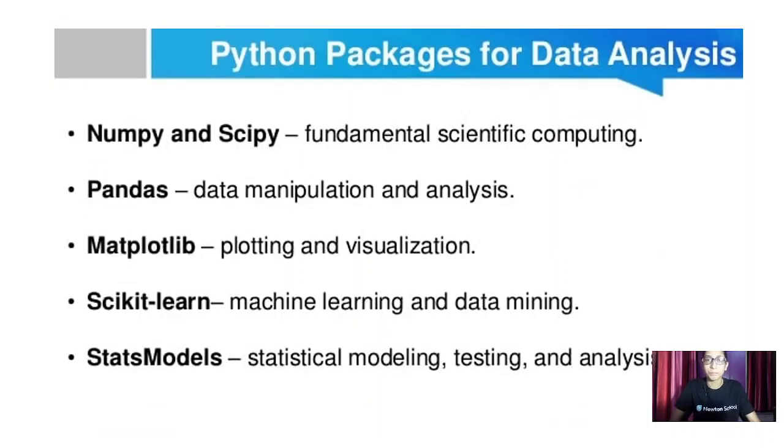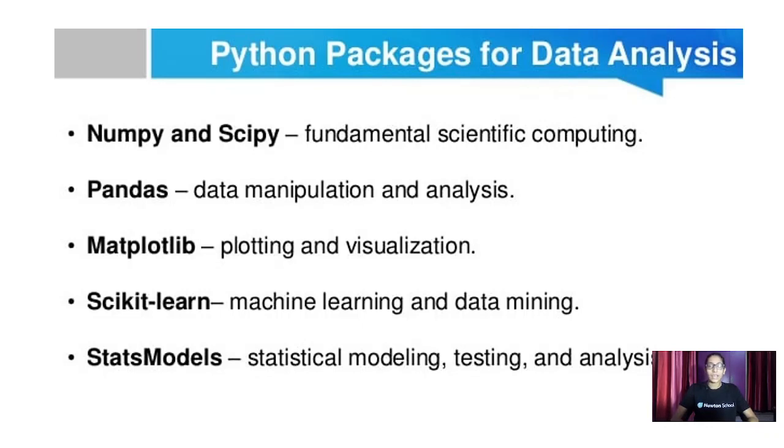Now, we have a lot of Python packages for data analysis: NumPy, SciPy, Pandas, Matplotlib, Scikit-learn, and Statsmodels. All of these are used for fundamental scientific computing, data manipulation and analysis, plotting and visualization.